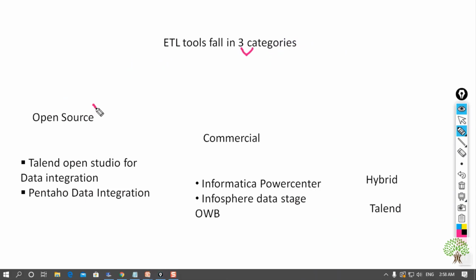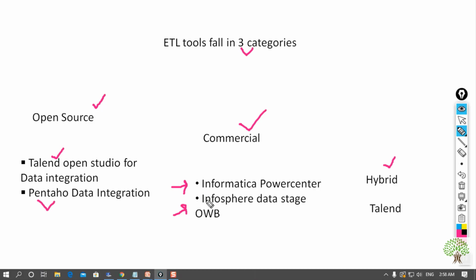First of all, ETL tools come in three categories: open source, commercial, and hybrid. The open source tools are the free ones. In this, we get Talend and Pentaho. The commercial tools are the paid ones. You need to pay to get these tools.